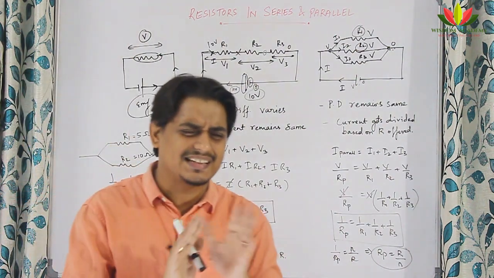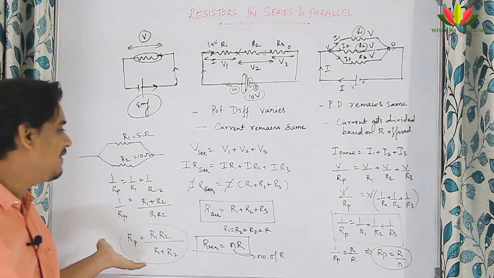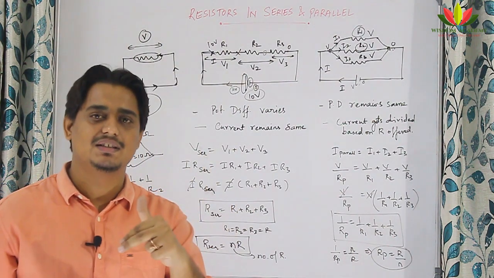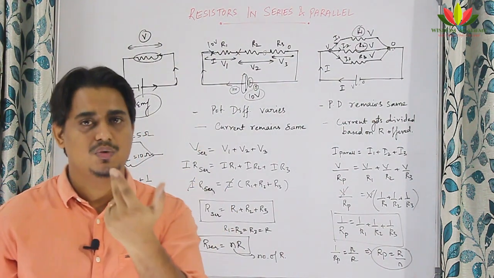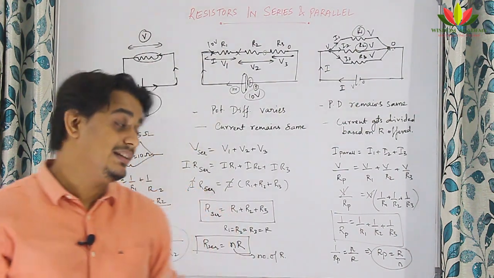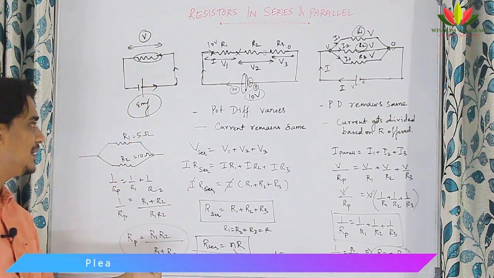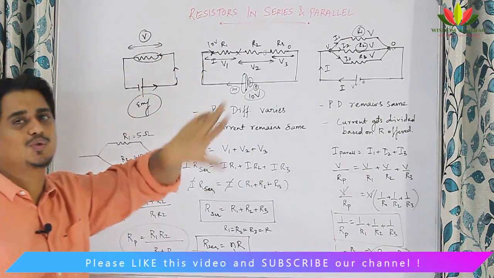These are not at all tricks or shortcuts. It is just the thing which I have derived here. So if you have two resistances which are in parallel, the equivalent resistance will be R1 R2 by R1 plus R2. Sir, what about if it is 3? Then you cannot use this. Then you have to find by that method, or take first 2, use this, and whatever value you get, again that next 2 you can use by this.